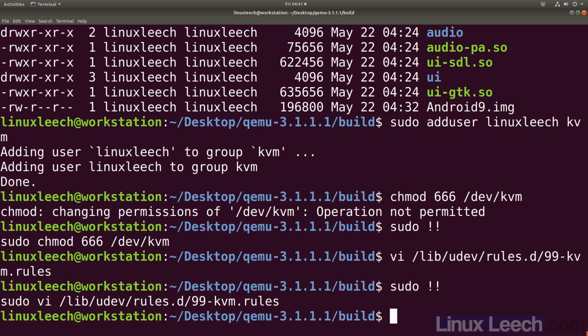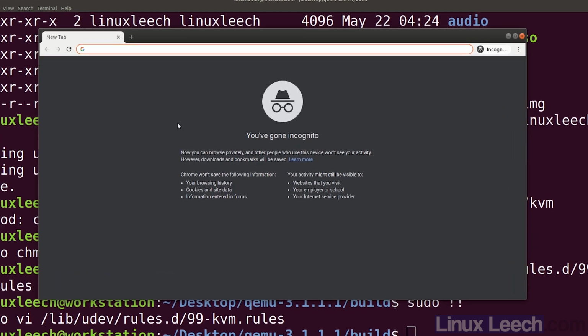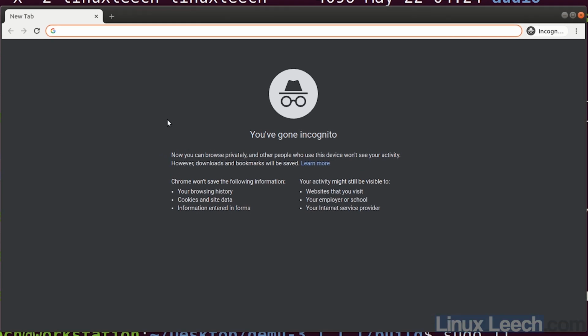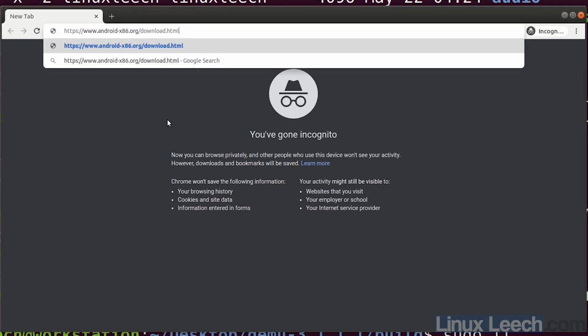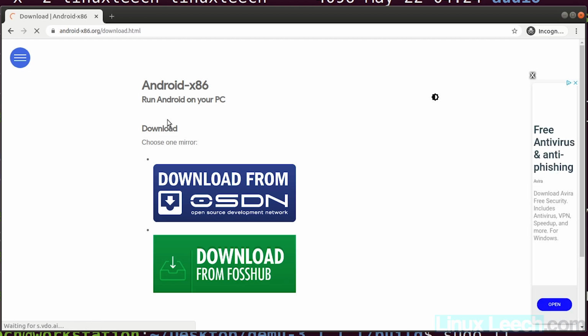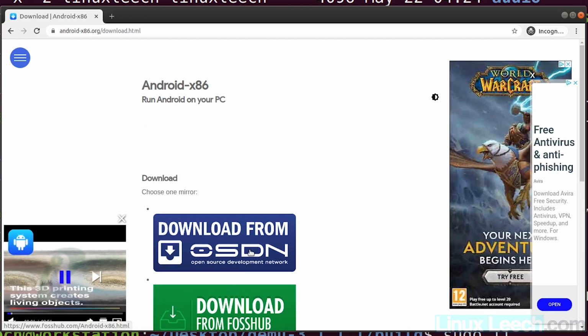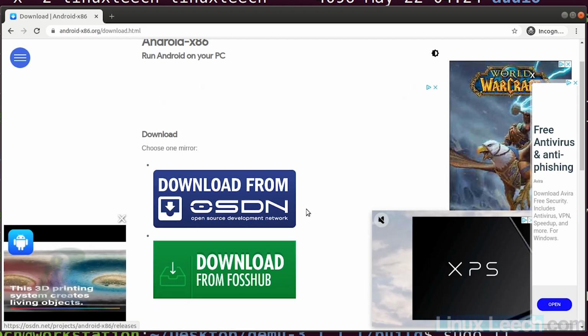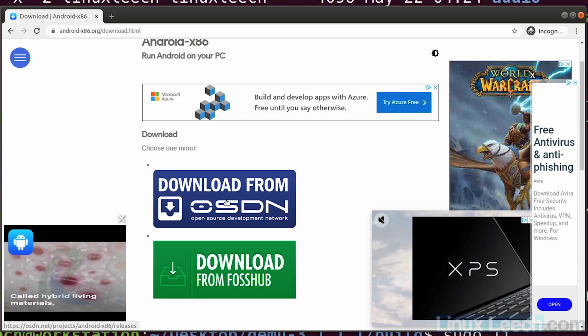So now that that's all done, we've got a functioning version of QEMU, we have a blank hard disk ready, all we need is something to install. So open up a web browser again and let's download a copy of Android x86. So just copy the download link from the description, put it in your address bar and go to this address. Now we just need to select a mirror to download Android x86 from. So I'm going to select OSDN